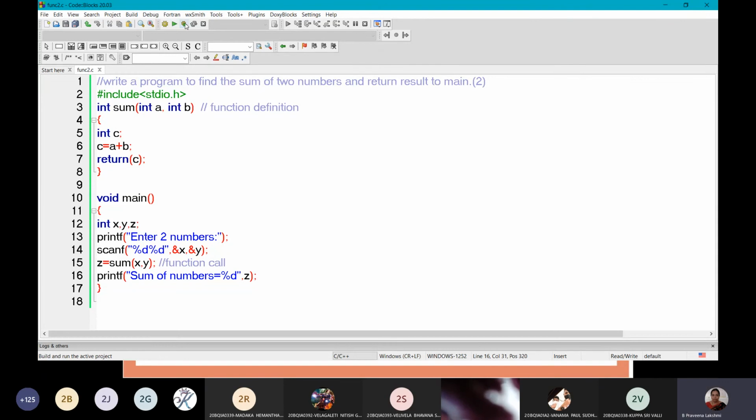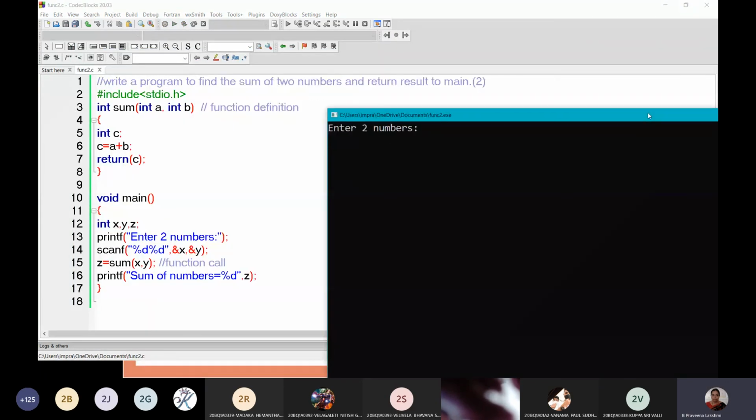Now I will execute the program. This is same output వస్తుంది మీకు. అవుట్పుట్ ఏం డిఫరెన్స్ ఉండదు, బట్ ఫంక్షన్ రాయడంలో డిఫరెన్స్ ఉంటుంది. 2 numbers 12 and 34. 46 is your output value. Okay, note down this program as the example for the second type. Sum of two numbers and return result to the main.